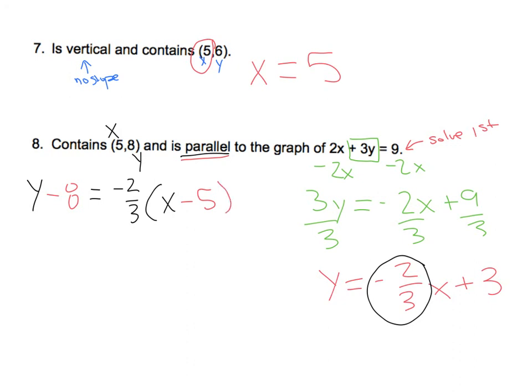All right, so let's distribute. So we'd get y minus 8 equals negative 2/3 x, and then negative 2/3 times negative 5